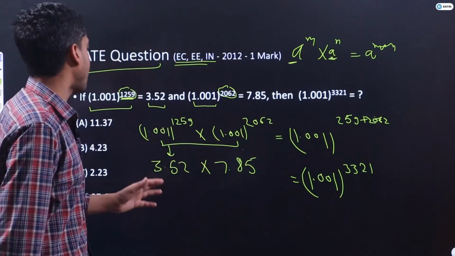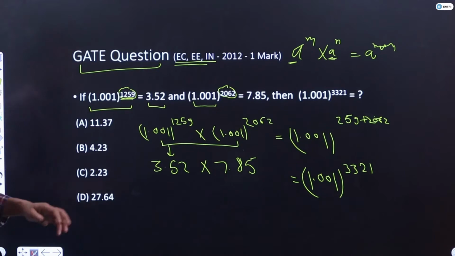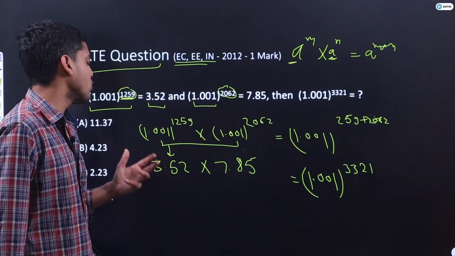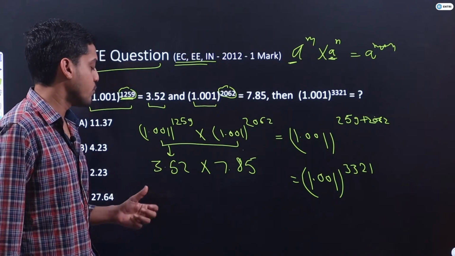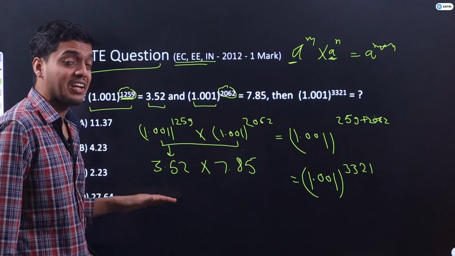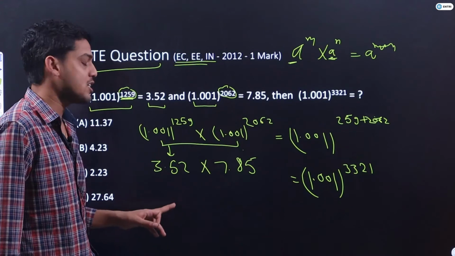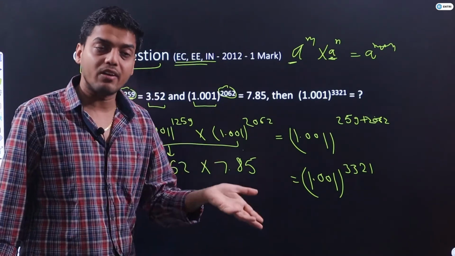So that's why, guys, if I multiply 7.85 into 3.52, you will say 7 3s are, you have to do 7 3s are. You are multiplying numbers which are greater than 7 and 3 both. One number is greater than 7 and one number is greater than 3. If you are multiplying only these numbers, 7 3s are 21. So whatever the product is, guys, the product will be more than 21, yes or no?